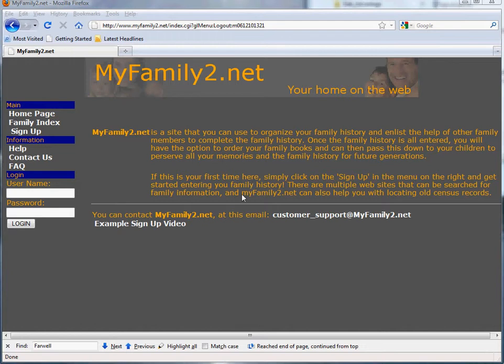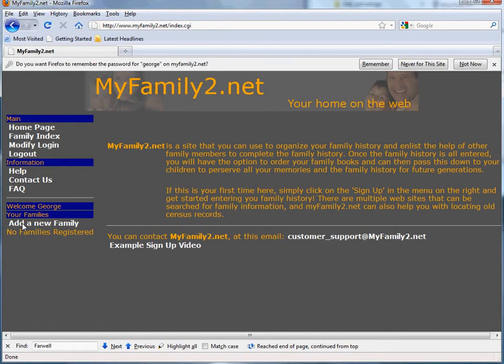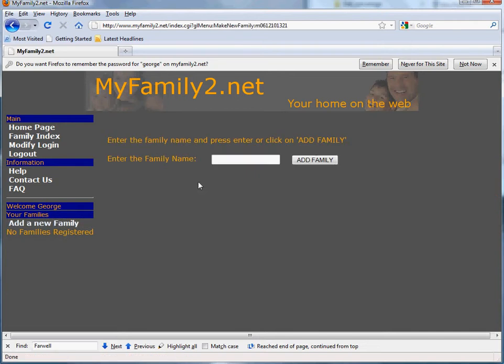So here we're going to just go from our example that we did in the sign up video where we signed up George Farwell, and his username was George, so we're going to type in George and his password and then hit enter or login, and then he's logged in here and he has no families registered, so we just click on add new family here, and he's going to enter in the Farwell family,